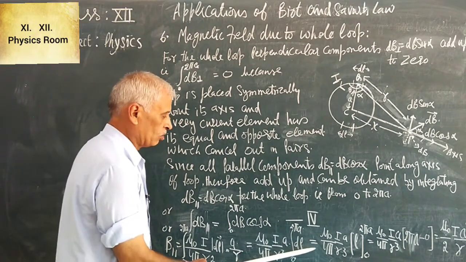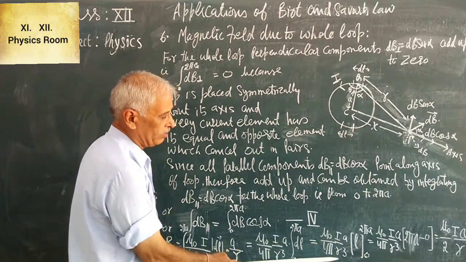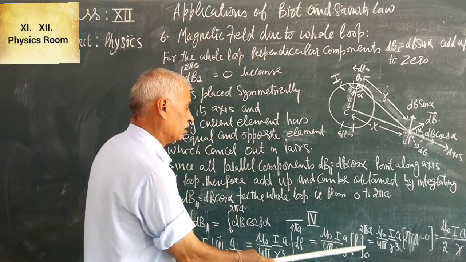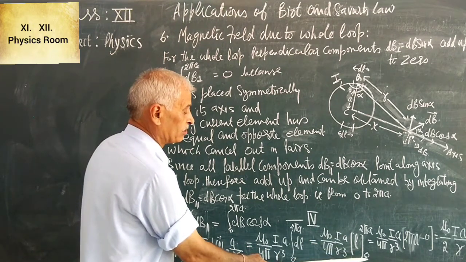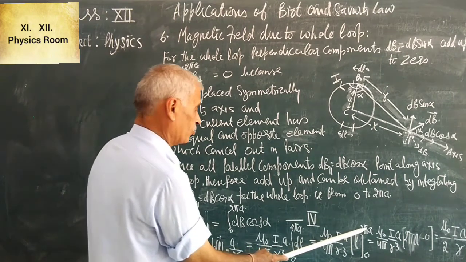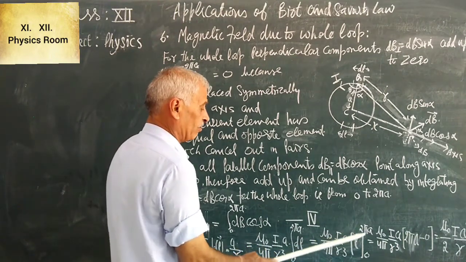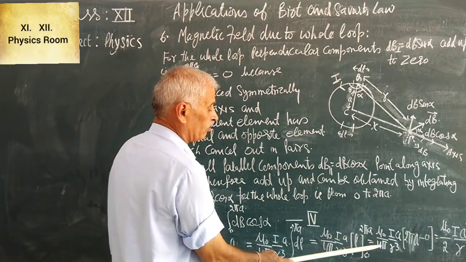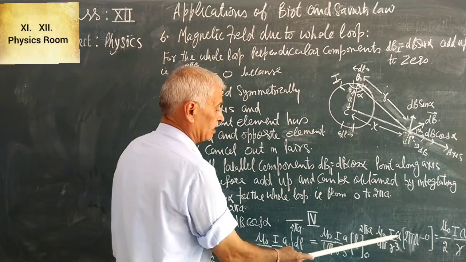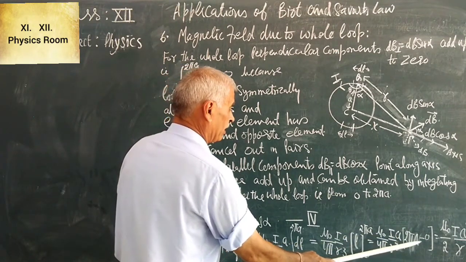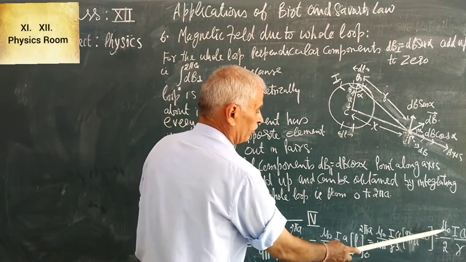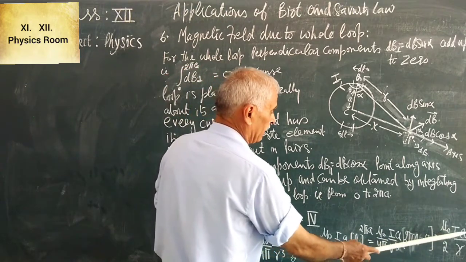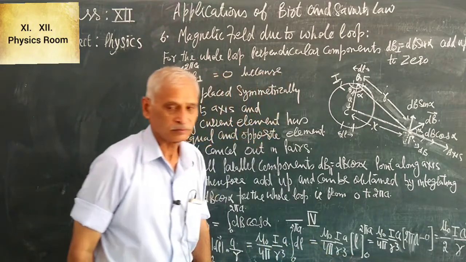and it is equal to mu 0 over 4 pi I a by r cube L, integration dl is L, so limits 0 to 2 pi a. So applying limits, we evaluate limits. So mu 0 over 4 pi I by r cube a as it is into upper limit 2 pi a minus lower limit 0, and it is equal to mu 0 by 2 I a square by r cube.